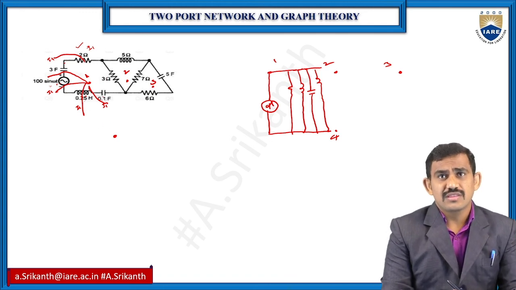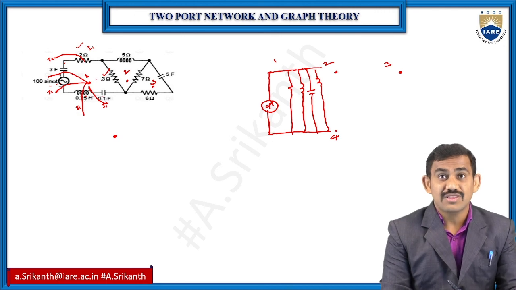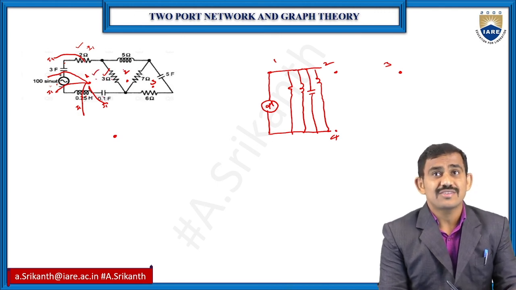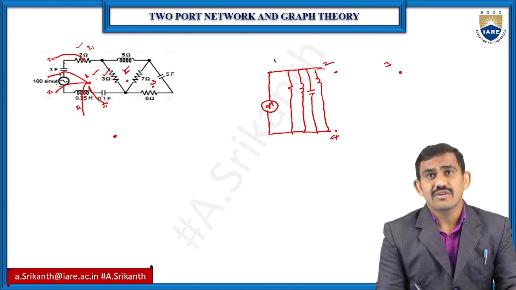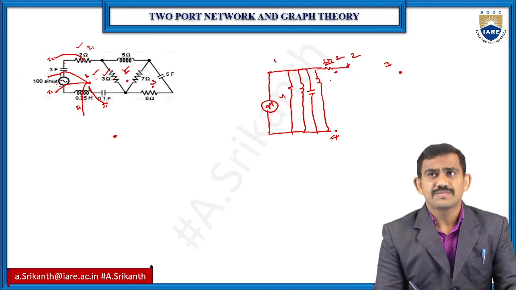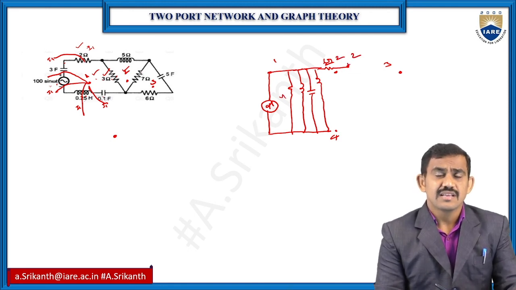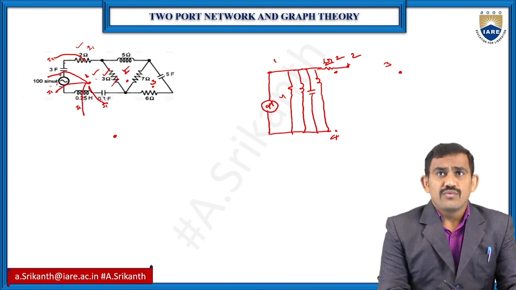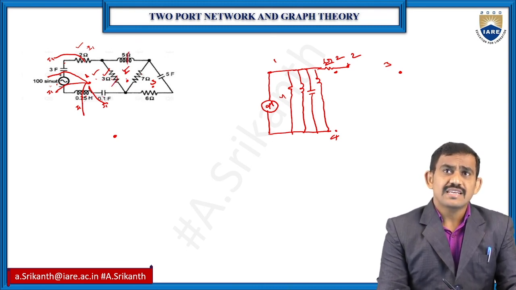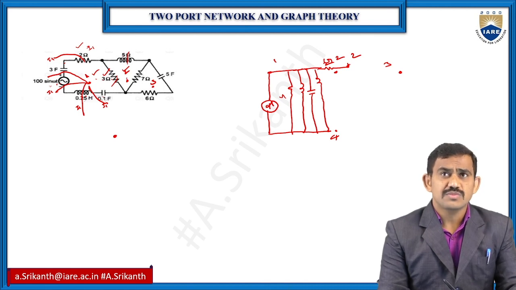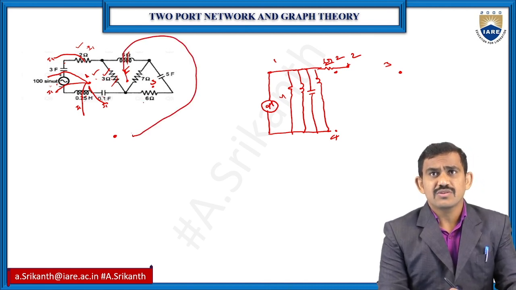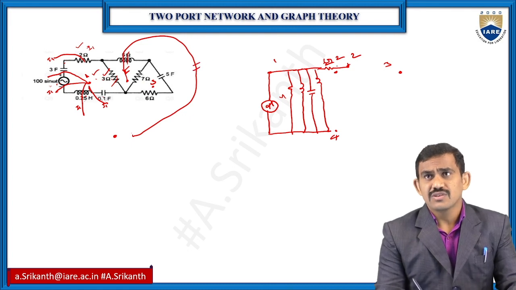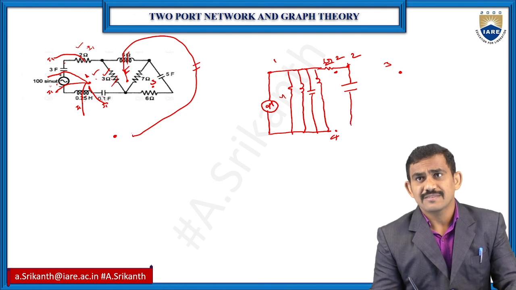Now coming to the 3 ohm, between nodes 1 and 2, I have 3 ohms, I have 2 currents, I1 current as well as I2 current. So between nodes 1 and 2 I have conductance, suppose G1 and this is G2. Now coming to the 5 ohms, how many currents do we have? Again only one current, that is I2 current. I2 current means node 2 to the reference node. Here we have an inductor, so convert into capacitor. So between node 2 and the reference node I have one capacitor.